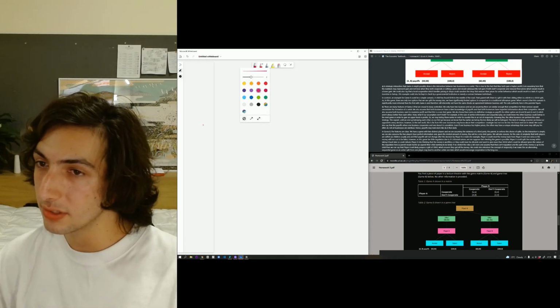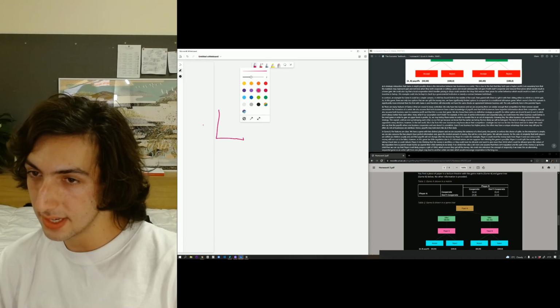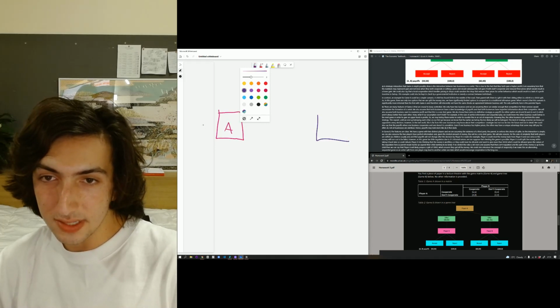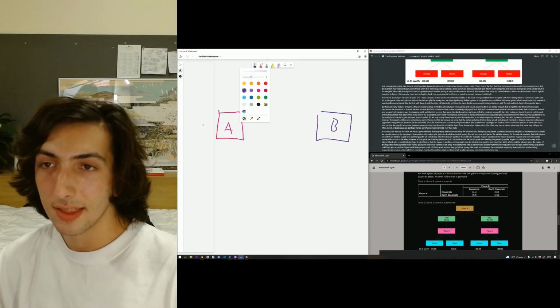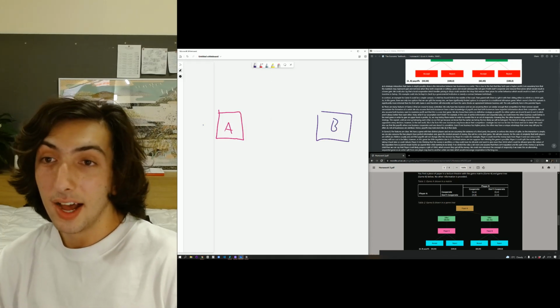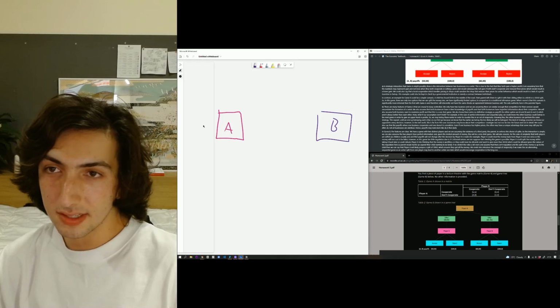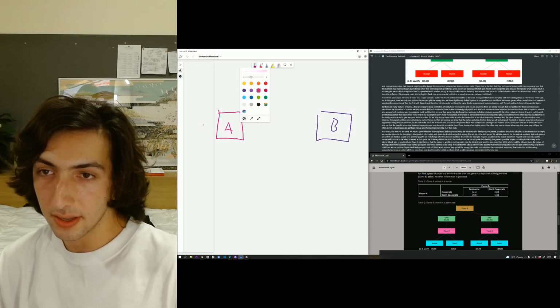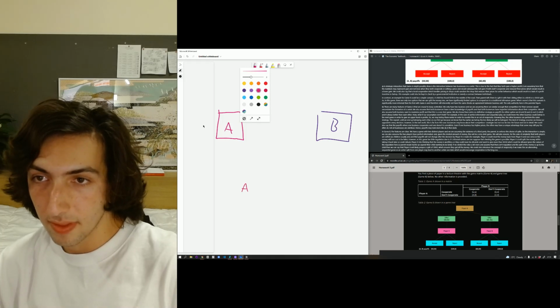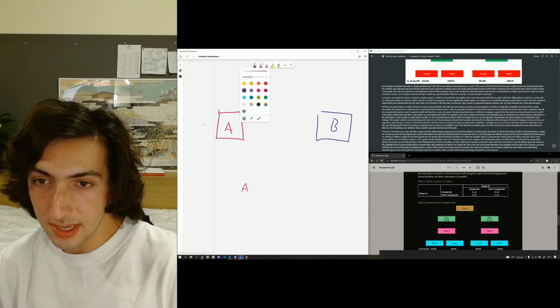Say I've got 2 businesses here. This is business A, and this is business B. How lovely. They sell boxes, surprisingly enough. So, let's work on a payoff matrix here. Let's call this A, and this is B.